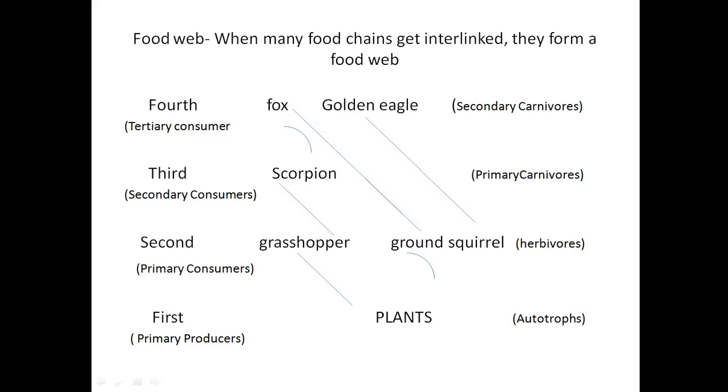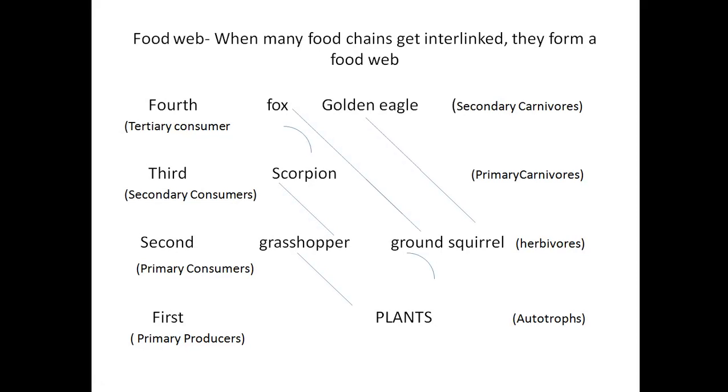This first food chain, okay, you can see the fox, it eats the scorpion, but at the same time it is interlinking here, and it can also eat the ground squirrel. So this food chain and this food chain is interlinked because the fox is eating the scorpions and it is eating the ground squirrel. This interlink between two food chains or more than two is known as a